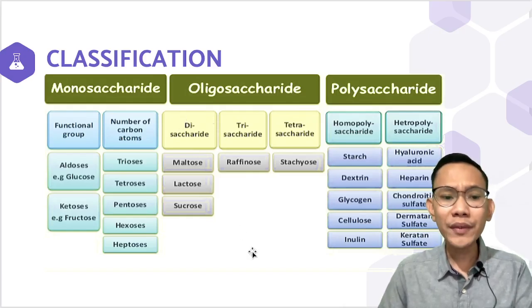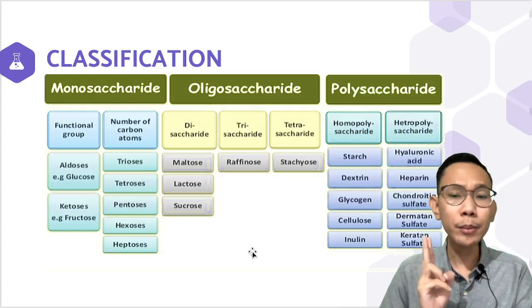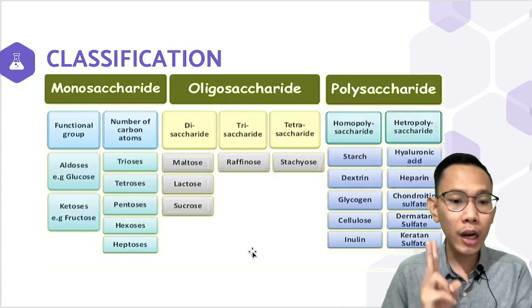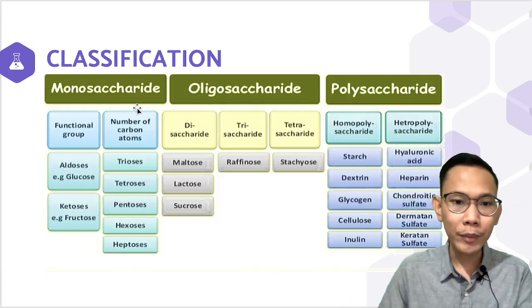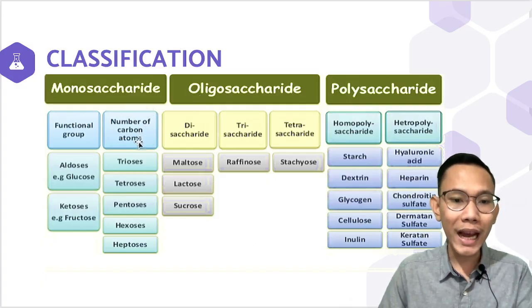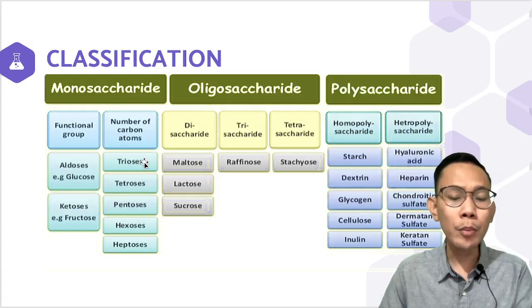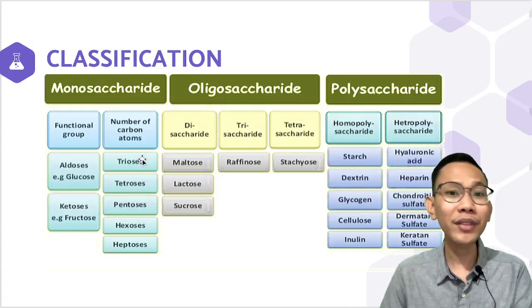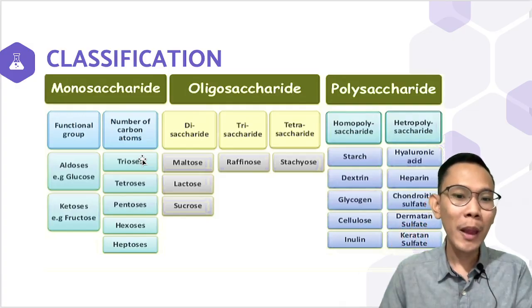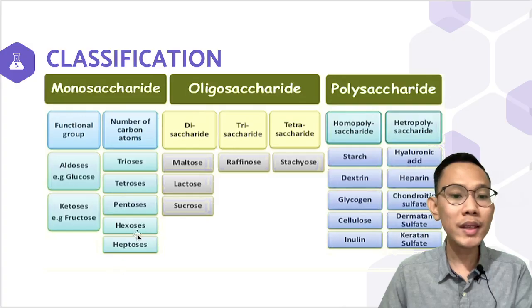Another classification that we need to identify is number 2, the size of the base carbon chain. This is the number of carbon atoms in the base carbon chain. When we say triose, how many carbon atoms are there? From the name itself, triose means three. When we say tetrose, there are 4, pentose 5, hexose 6, heptose 7. Of course, I will have more examples of that later on. So again,